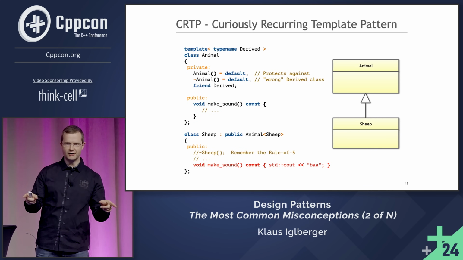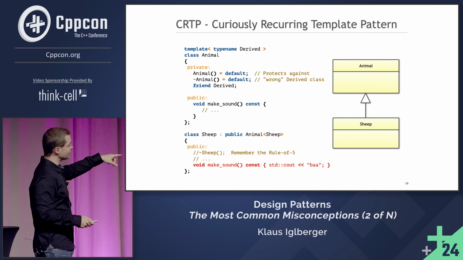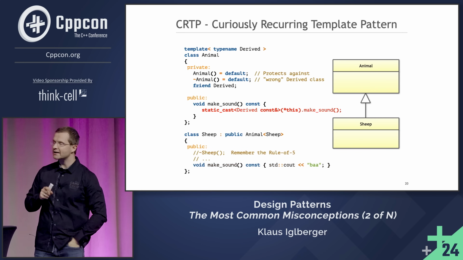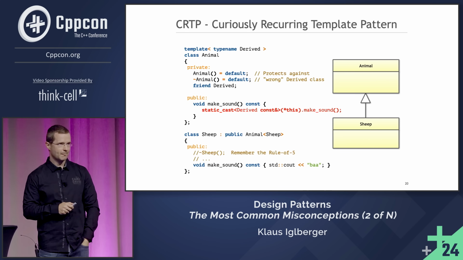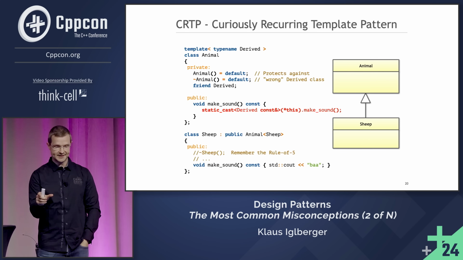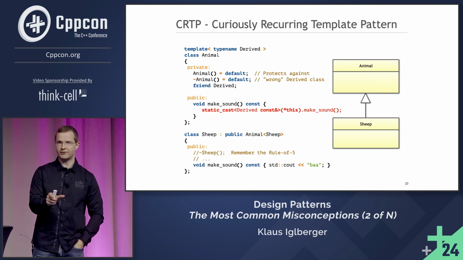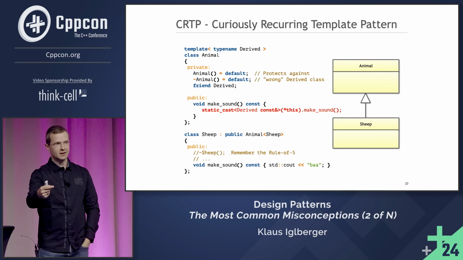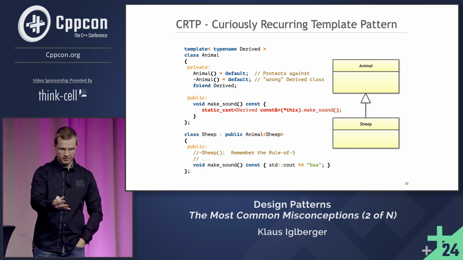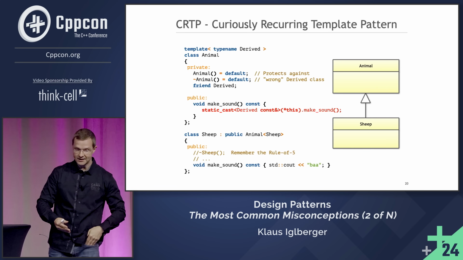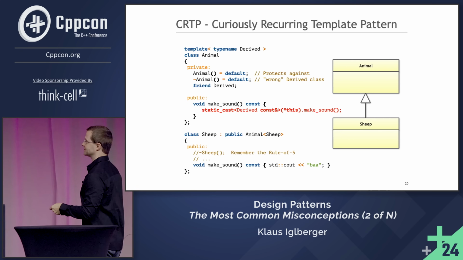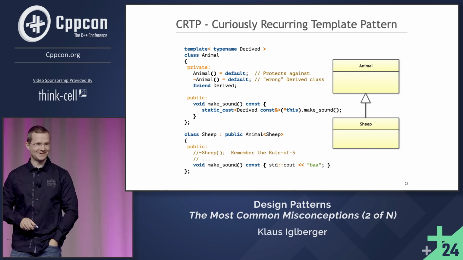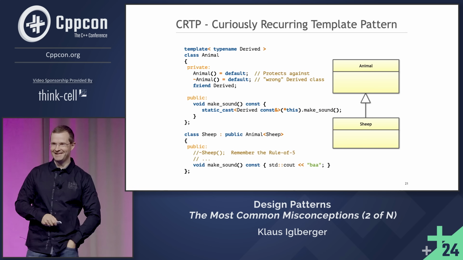But now, it's not a virtual function. So how do you get from the base to the derived? So I do a static cast on myself. I statically cast this to the type of derived, which is perfectly okay because derived is an animal. So this is a perfectly legit conversion. And on that thing, the derived type, I call make sound. Pretty cool, isn't it? Pretty cool indeed.